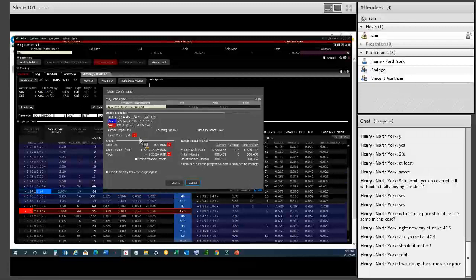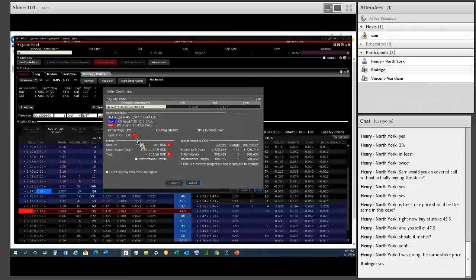This one's going to cost us $1.01. The idea behind this is we believe the stock's going to go up, and if it goes up, we make money. If it goes down, we can only lose $1.01. Does everybody see that? If it stays exactly where it is, will we make money? Well, we're $1 in, and we gained $1. No, we wouldn't make any money at all, really, because we're $1 in.